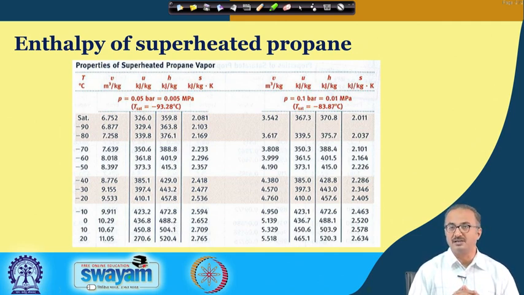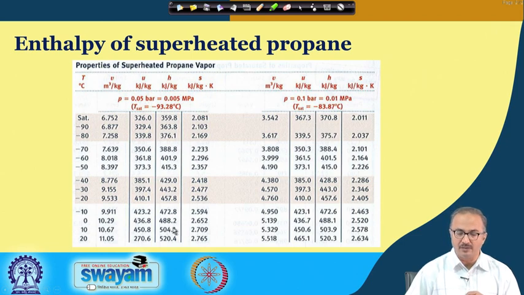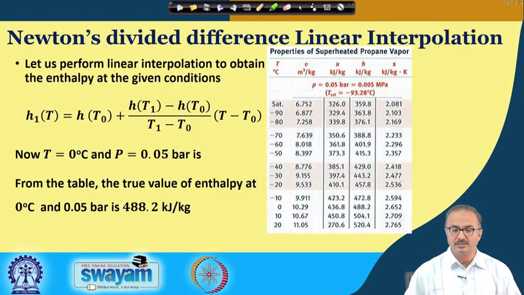Now, you see that in this particular table the values of enthalpy are given, but for sake of finding out the percentage error by considering different types of interpolation methods, what we are doing is this: we shall be using some interpolation method and try to estimate the value of the enthalpy at this temperature, and whatever value is given to us here, this value will be our standard value with which we shall be comparing the estimated value from the interpolation formulae, and from there we can figure out how good or how bad is our interpolation formula. Okay. So, let us go ahead.